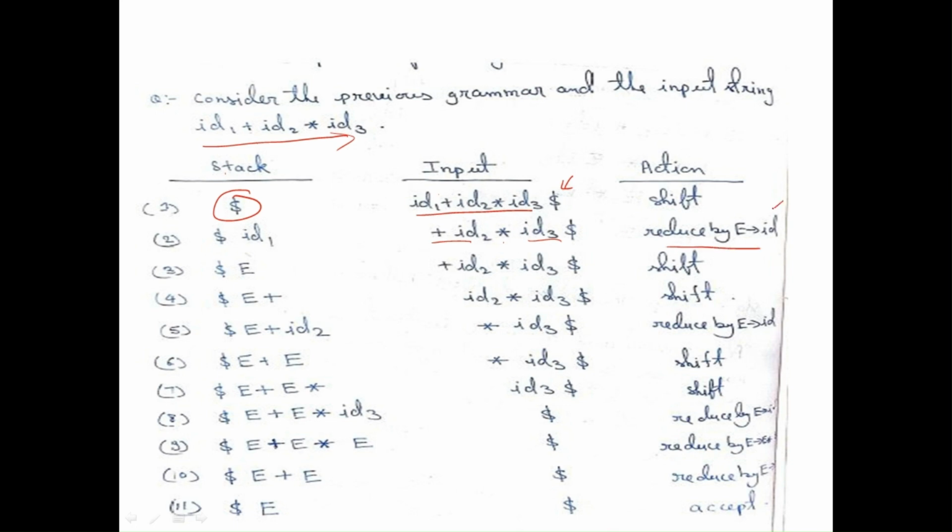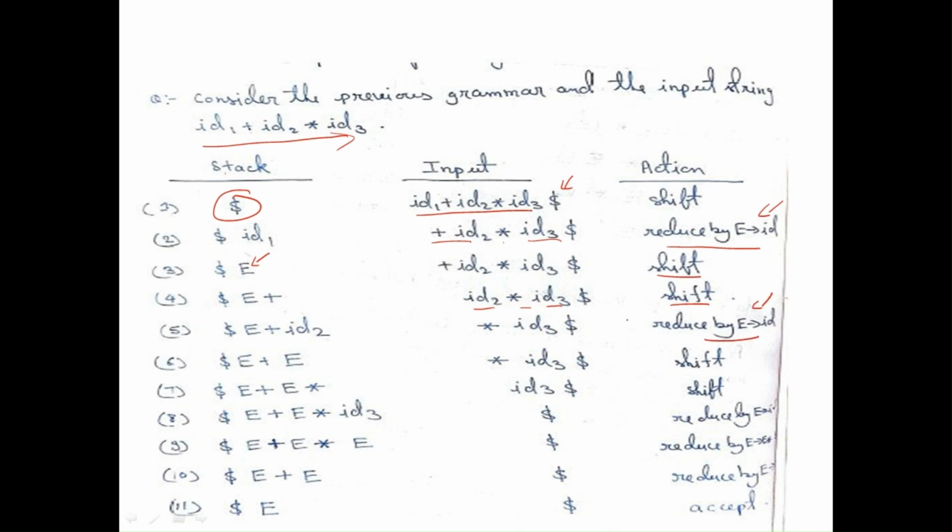Reduced by this production. So we are getting dollar E plus ID2 into ID3, again shift. So plus has been shifted to the stack. ID2 into ID3 followed by dollar, again shift ID2, then reduce